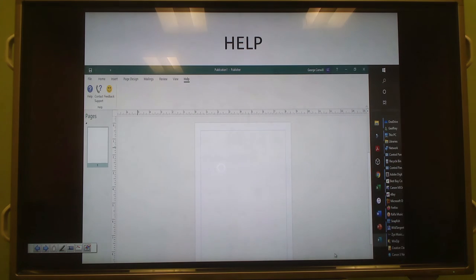And then, like I said, you can click Help. With the newer ones like Office 365, of course, which is supported right now by Microsoft, you just click on Help and it will allow you to find help on a particular subject. Now, like I said, the older versions of Publisher are not going to be supported by Microsoft. So the best thing to do is search the internet and filter through the answers until you find what you're looking for,